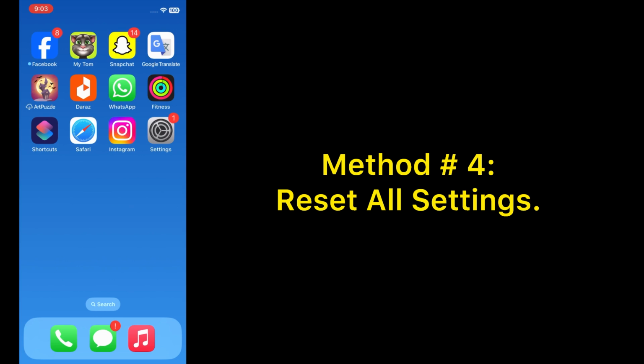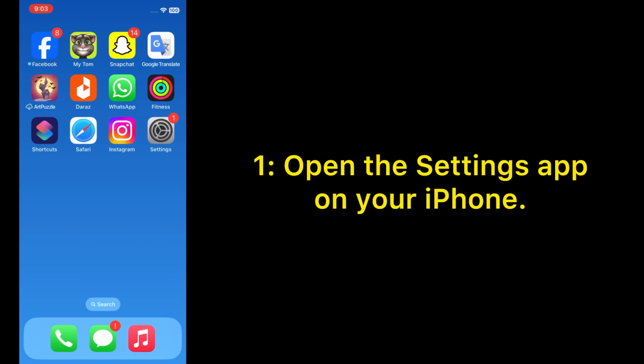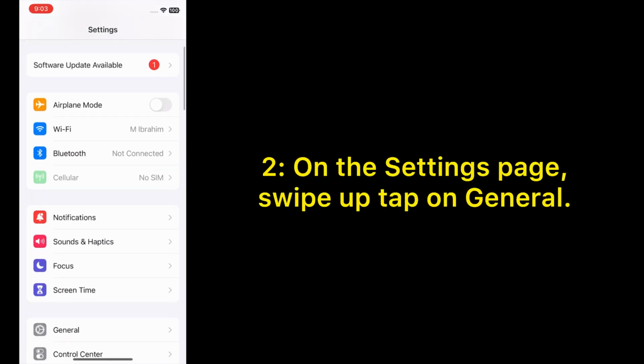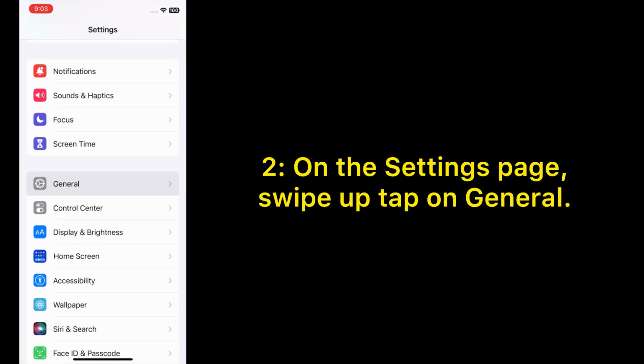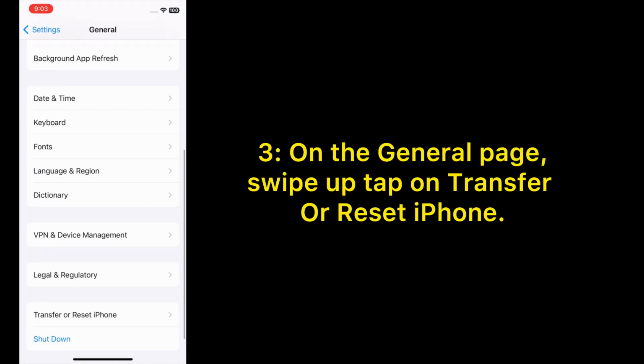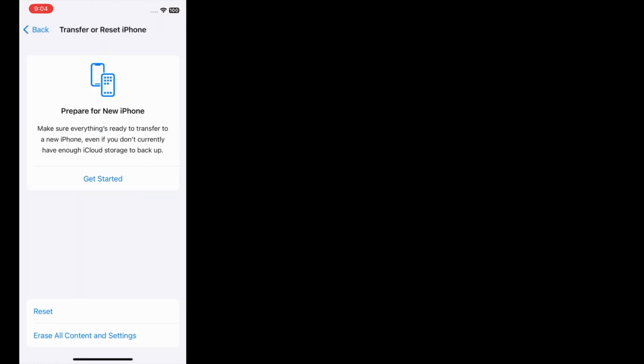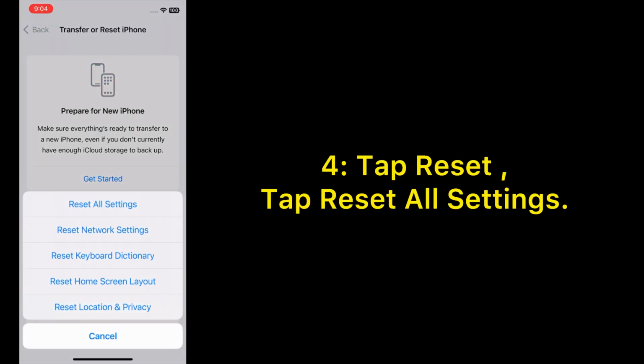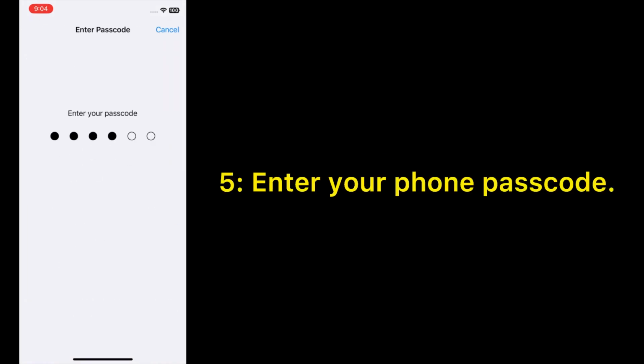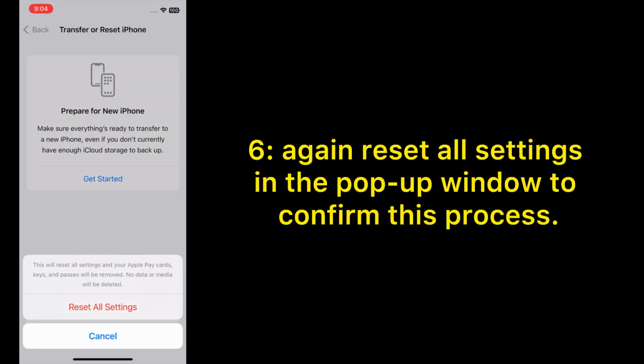Method number 4. Reset all settings. Open the Settings app on your iPhone. On the Settings page, swipe up, tap on General. On the General page, swipe up, tap on Transfer or Reset iPhone. Tap Reset All Settings. Enter your phone passcode. Again tap Reset All Settings in the pop-up window to